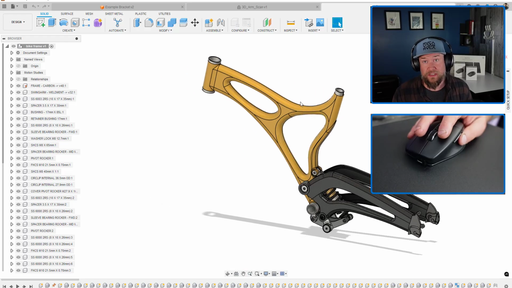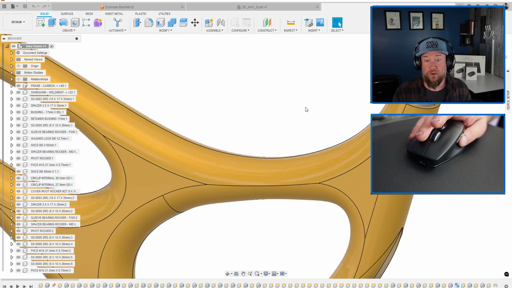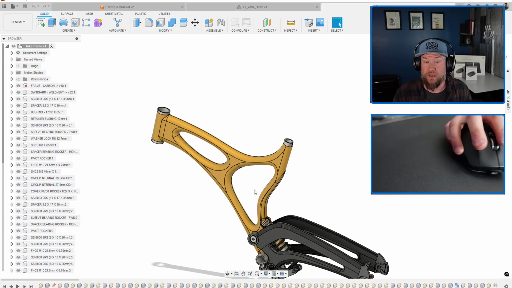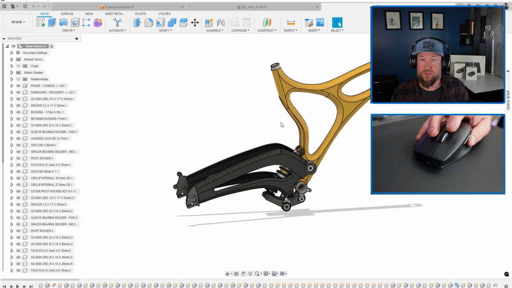This is unique since not many mice are going to have that third button, but this one is a game changer when it comes to CAD software, including AutoCAD or any modeling ones you may be using. If you're wanting to take advantage of that middle mouse button, you can simply click and hold it to pan around your drawing. You can have things like the default double click and it's going to zoom to the extents